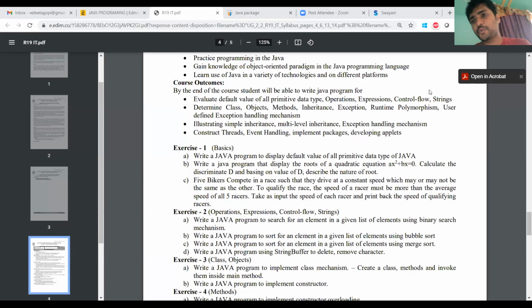You can practice those programs, or your own programs. For each concept I have written some programs, so based on those programs you can understand the concept, since the concept is explained through the implementation of the program.